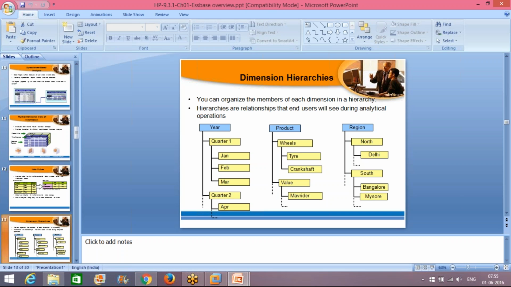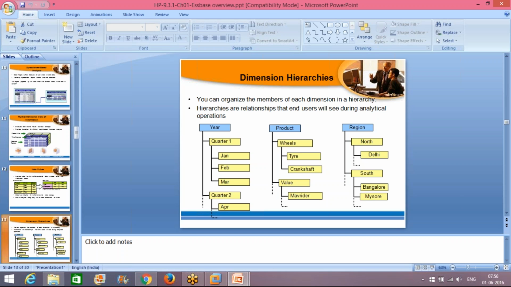This is 12 months. All the time periods, all the months and quarters, we keep in one object. That object is nothing but one dimension. So whenever you want to see your months and quarters, obviously you go to the year dimension. You'll find them there. Likewise, in products, whatever products you are selling,